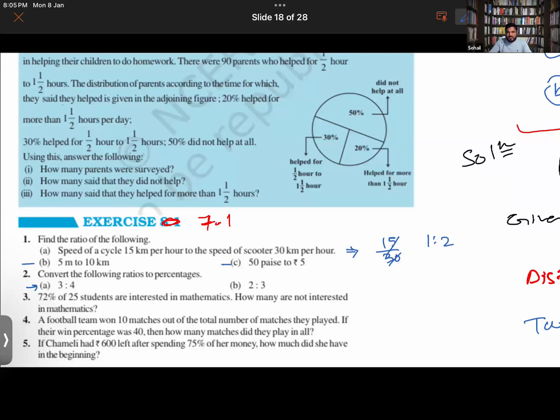Ram, that is correct. That will be 75%, both of you. Well done. Next one will be... Sir, I sent the second one. That is correct. Very good. Now start solving question number 3.